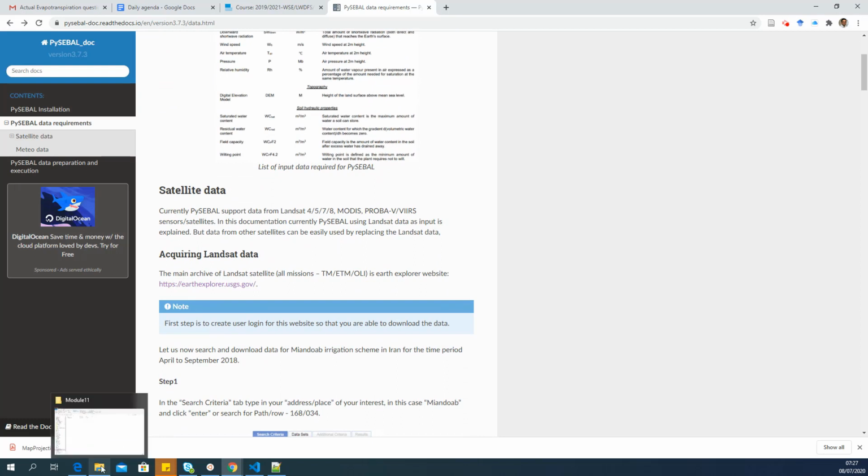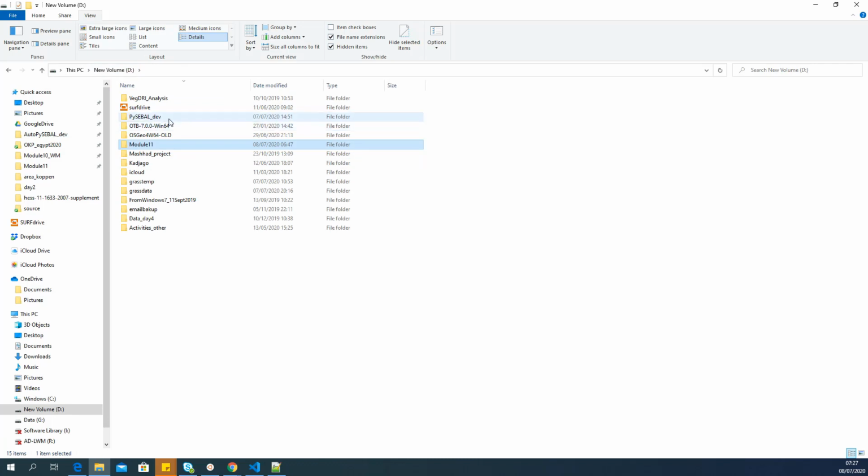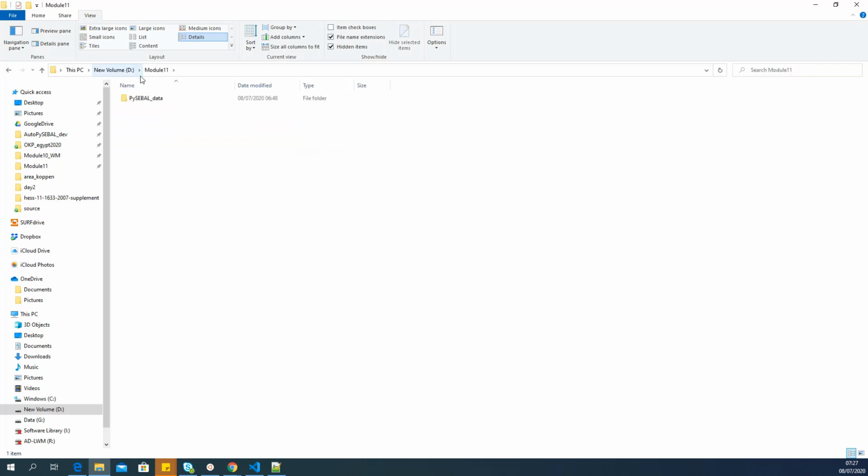So let's see how to prepare these data sets to run PySEBAL. For example, in my D drive, you can see this is PySEBAL_dev, which is the software itself. And I have another folder, module 11 and PySEBAL data, where I have organized all my input data sets, and also a folder for output. DEM is where I store my DEM data. It's only one, it's static for